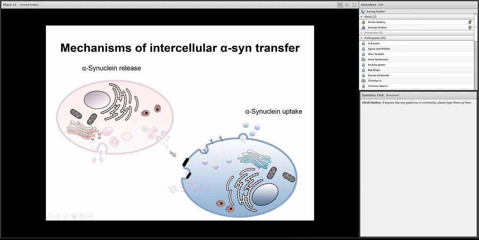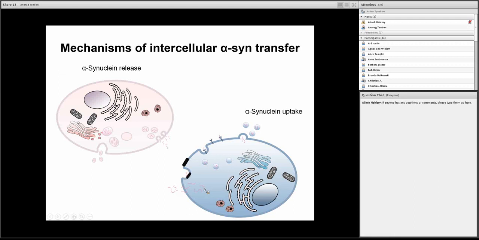Now, this synuclein would then be able to traffic to a neighboring cell where it would bind to a specific receptor or onto the membrane and be internalized under these conditions into vesicles that are budding off the membrane. Similarly, there's the possibility that synuclein may actually be able to transfer directly through the membrane because this is a membrane-binding protein. It may actually be able to form small pores in the plasma membrane of nearby cells and then